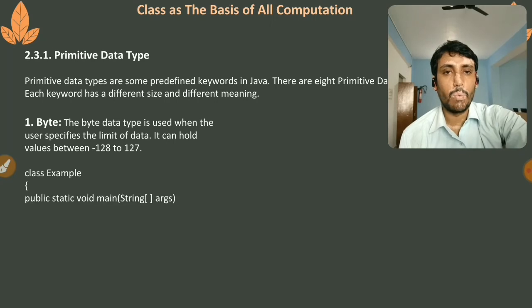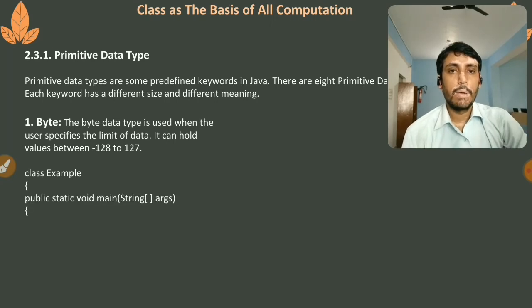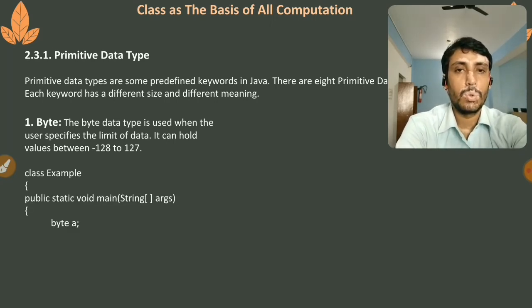So let's look at one example of the byte. Public class example, public static void main string args. This is the main method because every execution can be done with the help of the main method. One variable is declared inside the main method, that is byte A, and initialization is given.